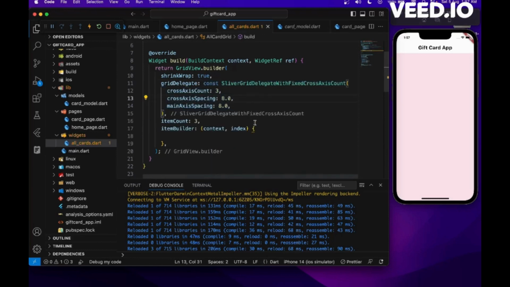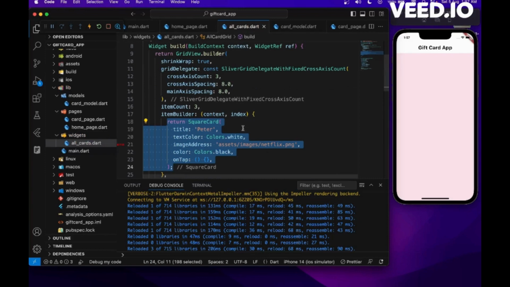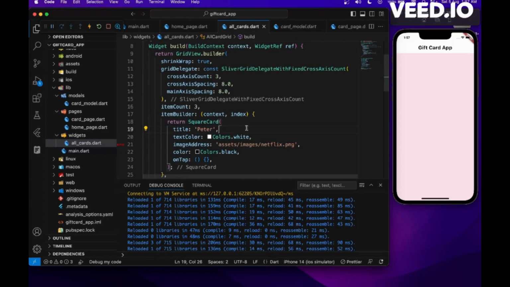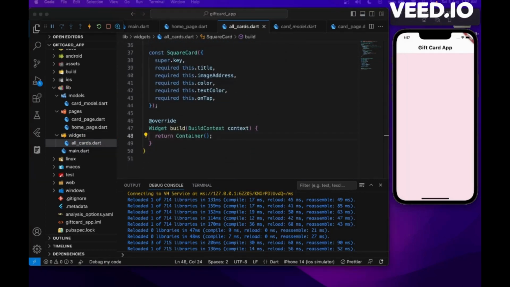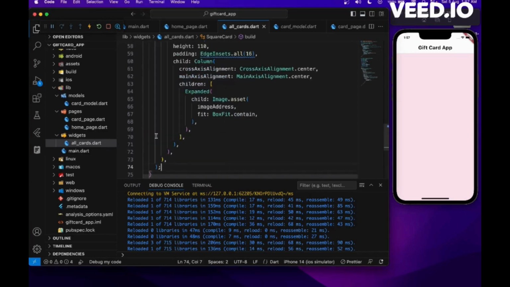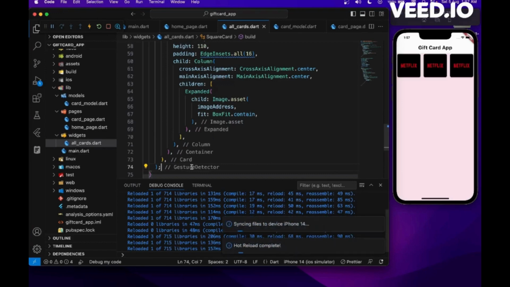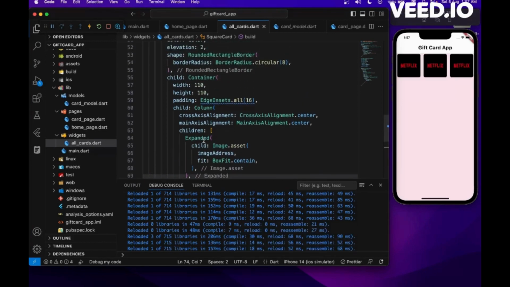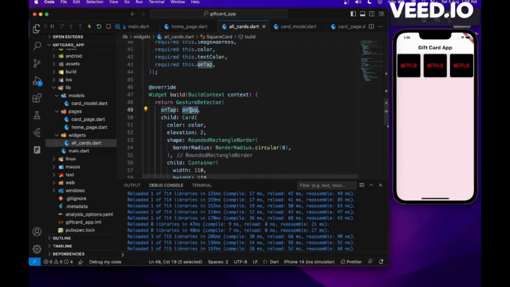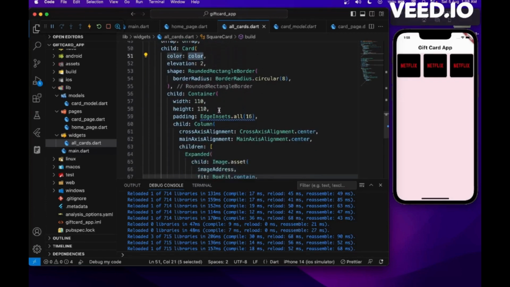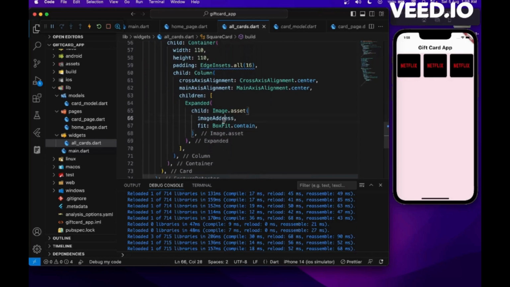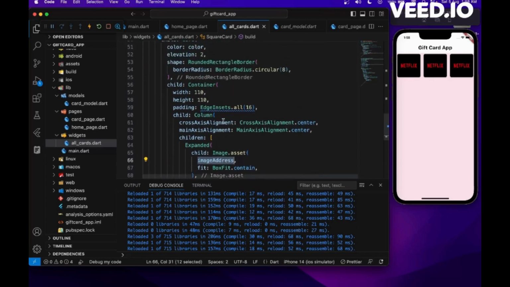And now let me add square card to our item builder so that all the cards that we make are visible. Now we make the design of the square card so that we can show on the home screen how the square card looks. And if you can see, now we have made the square card and it is visible on the home screen,